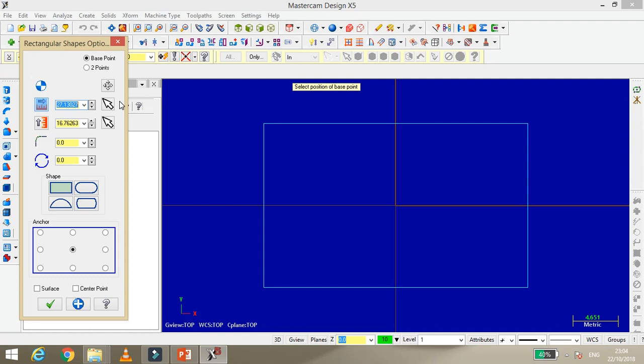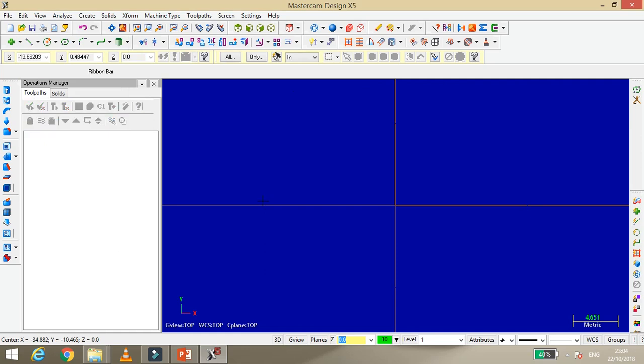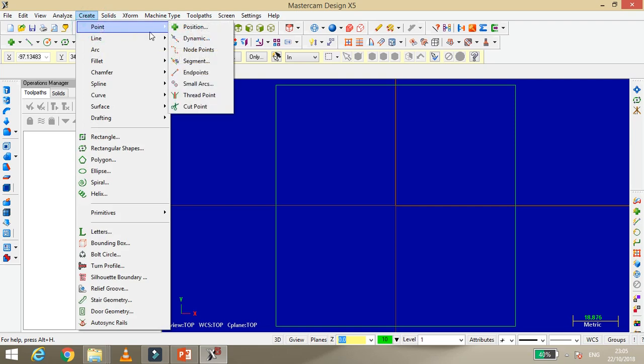As per the problem, the horizontal dimension of the rectangle is 100 and the vertical dimension is 100. They haven't mentioned any radius, so we can't do anything about that. It is not visible, so just right click and say fit. It will become visible. Now our task is to draw the points from the calculated coordinates.